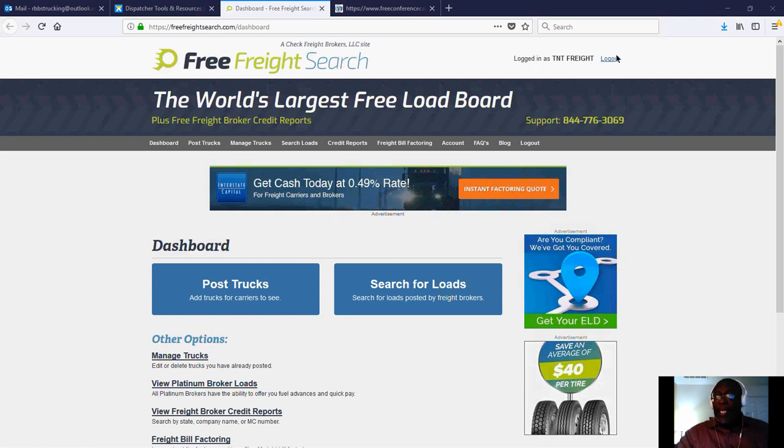As you can see, this is TNT Freight's login. So don't change that. All right. But when you first log in, you're going to have to put in the login information, and then click Save my login, so that you won't have to re-log in every time. Because once you do that, all you got to do from this point on, even though this site might not be up,